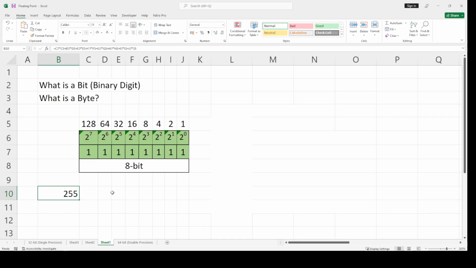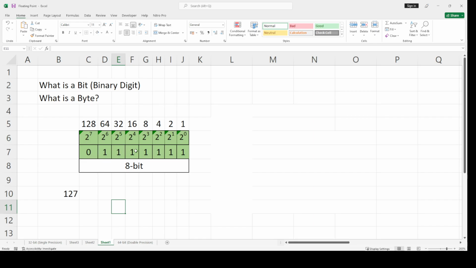For signed values, where we consider if it is a positive or a negative value, negative meaning any number that is less than 0, the range here is negative 128 to positive 127. The meaning of bit here is just a switch, or the number of containers where we can put zeros and ones. So if I turn this off, you just need to subtract 128 because 0 times 2 to the 7th means 0. So that is therefore 127.